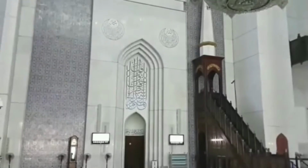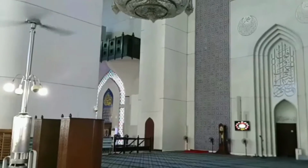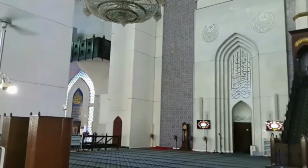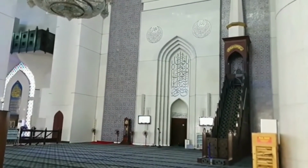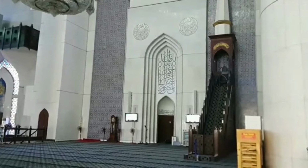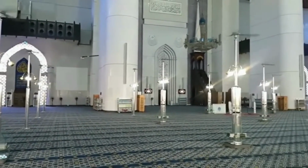There are 5 scripts of Quranic verses calligraphy written on the Qibla wall, which is located in the center of the main prayer hall. The first one can be found at the top of the Qibla wall, which is calligraphed in the style of Thuluth Tarkibi. This calligraphy style depicts verse 144 in Surah Al-Baqarah, and it is made of blue elegant letters with a white